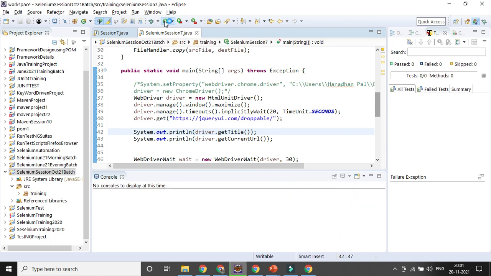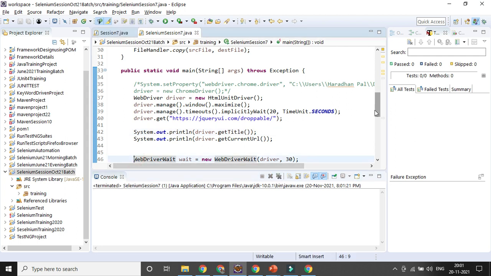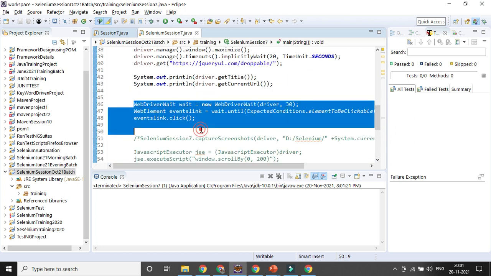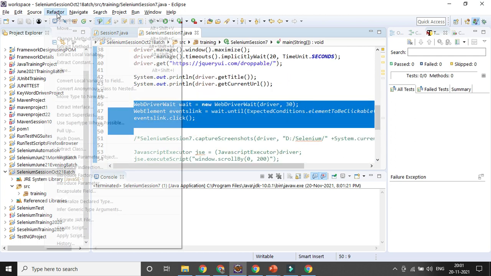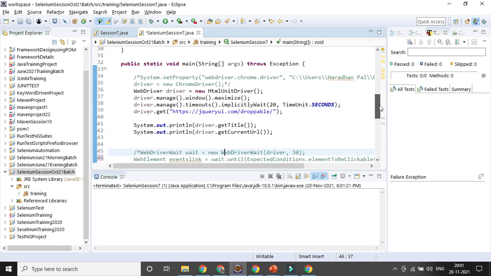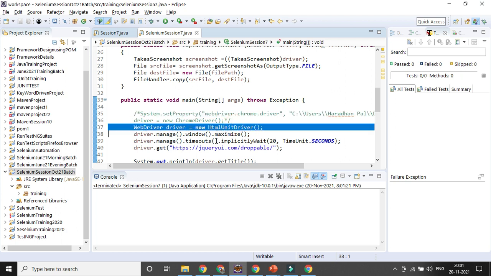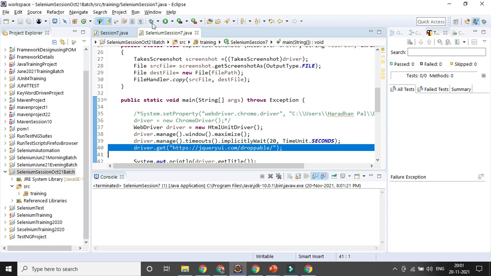Let's try to run it here. Sorry, I need to stop it first, otherwise it will create a problem. There is no need to give any reference path, because you are already associating the driver in your project. So WebDriver equal to new HTML unit driver, and after that you can open it and perform whatever operation you want, but you will not be able to visualize the execution, though you can get the desired result. That takes less memory and also makes the execution faster.